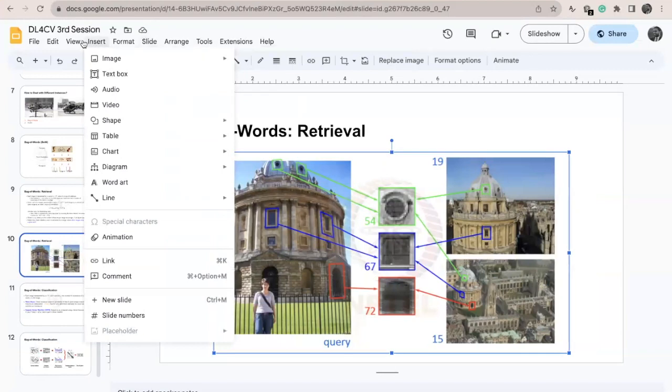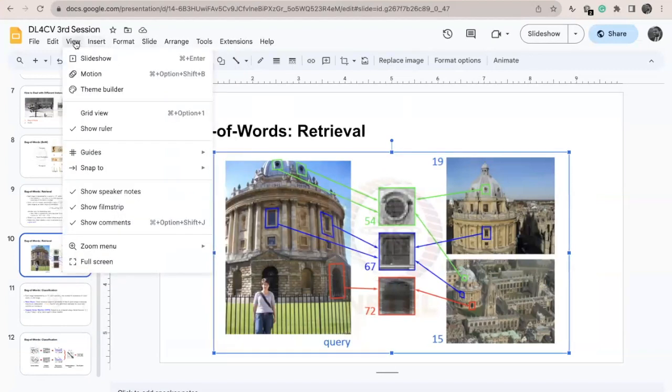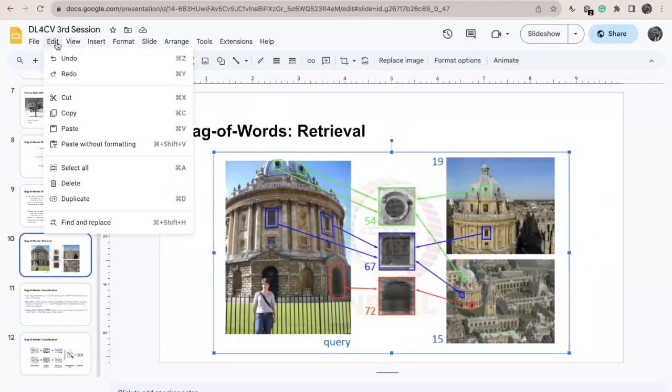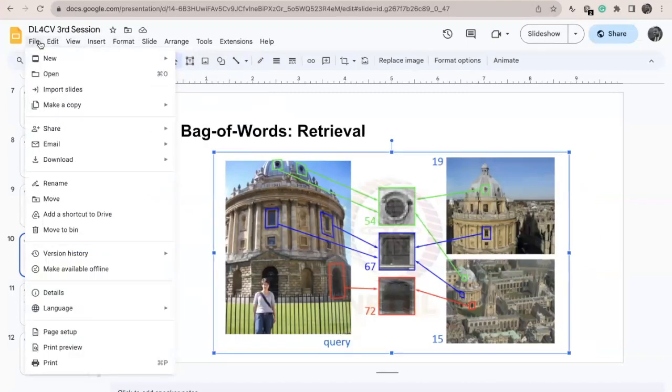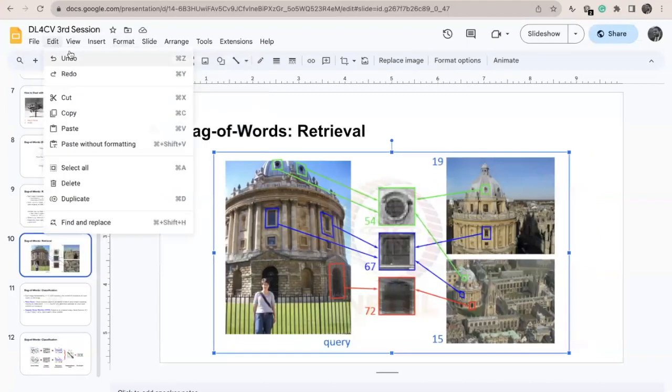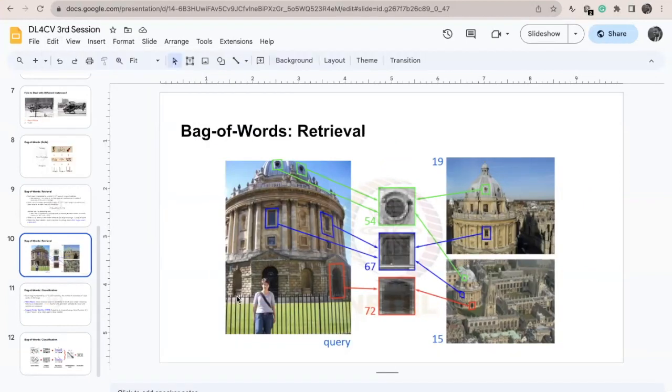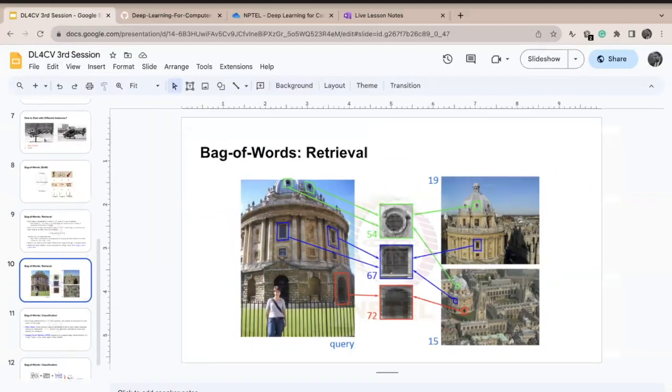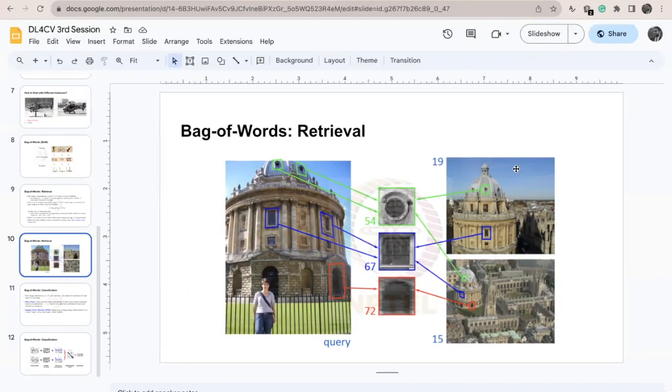There is no way I can draw here, but just follow my mouse pointer. What I'm saying is that here is the